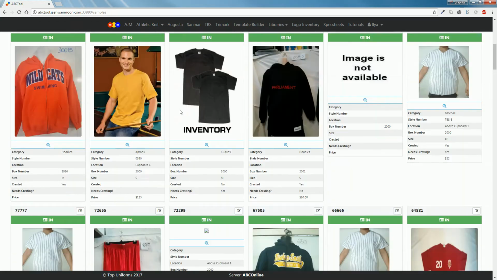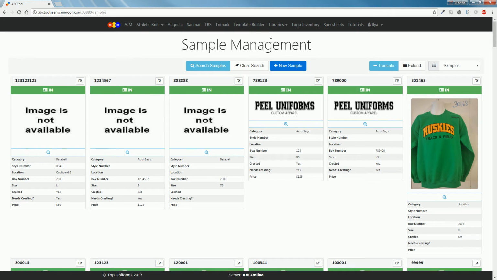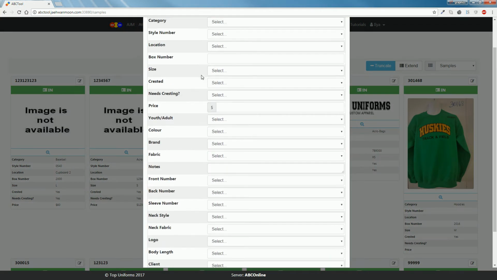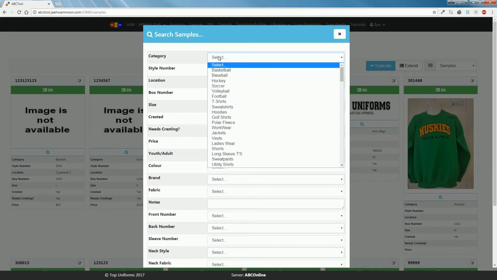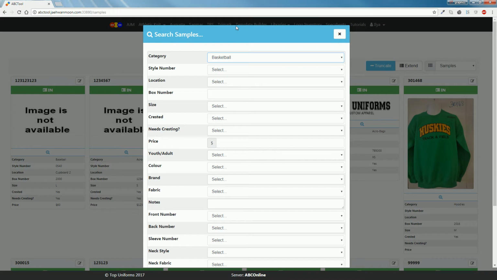So I'm going to scroll back up to the top and we're going to explain some more of these controls up here. So there's the search samples button, and that's going to give you this dialog, and in the dialog you can fill out different information about the samples you want to see. So for example, if I wanted to see samples that pertain only to basketball, I could click basketball under category,